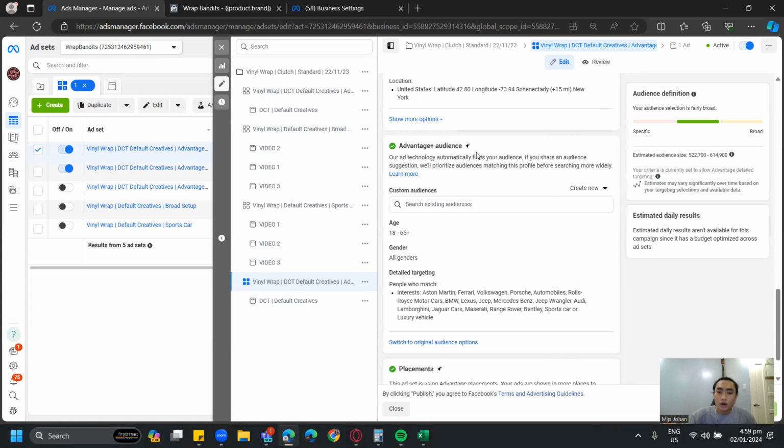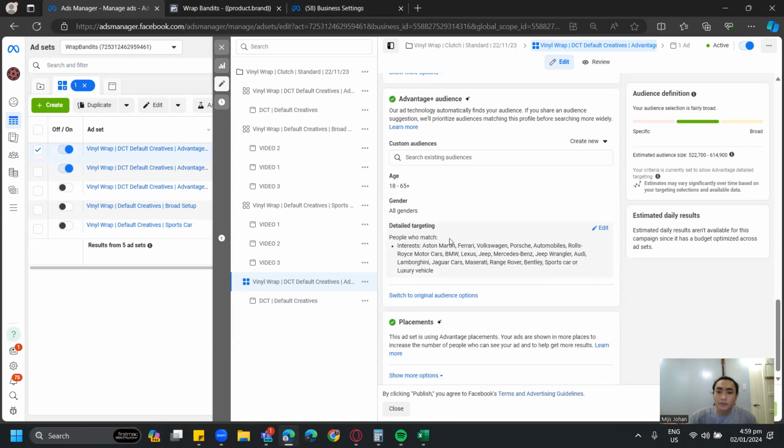Next would be the audience targeting. Now, we only have two audience targeting options that work. Either the broad targeting, which is the open targeting, so no interests here, or what you can see here, which is high-end luxury vehicle audiences. So I just put them all together.